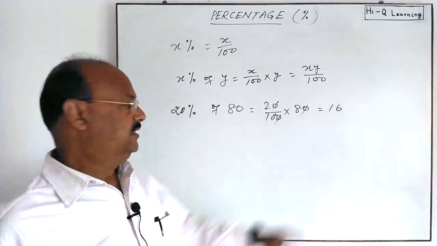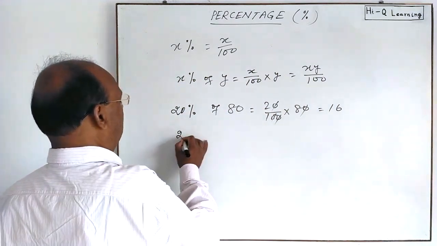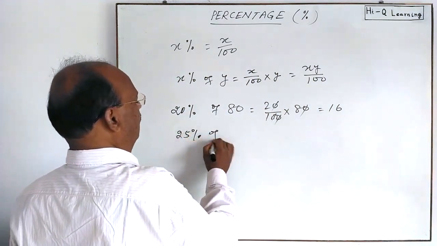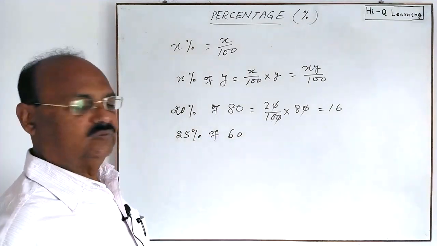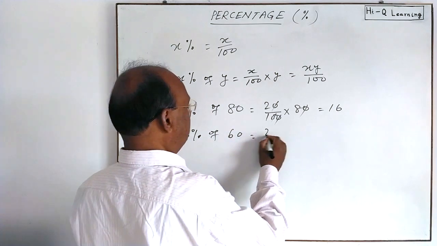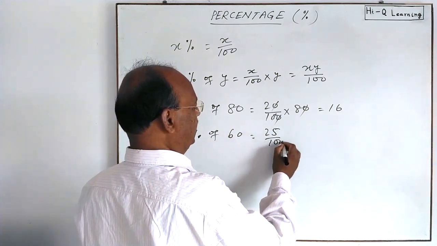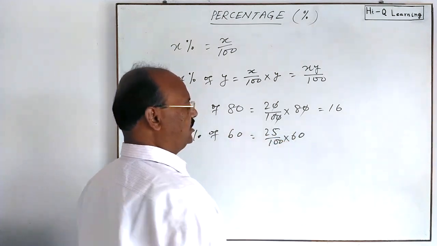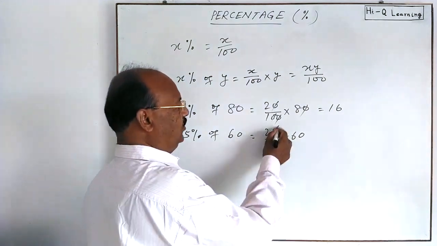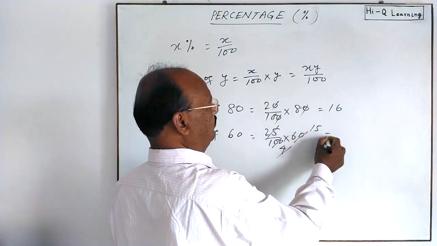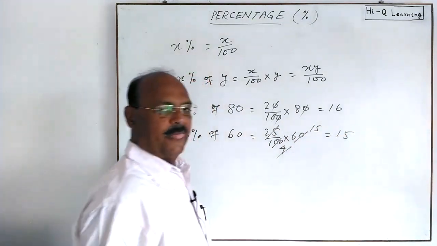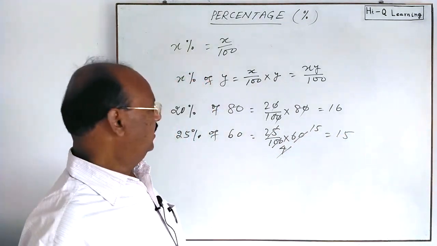Very simple. Similarly, if you have to find out 25% of 60, so this can be written like this: 25 by 100 into 60. Simplify it. 25 4s are 100, and this is 15. So answer is here 15. Correct. And reversely,